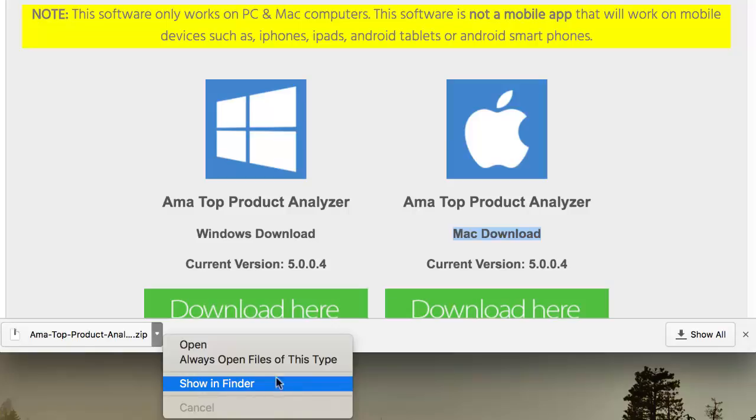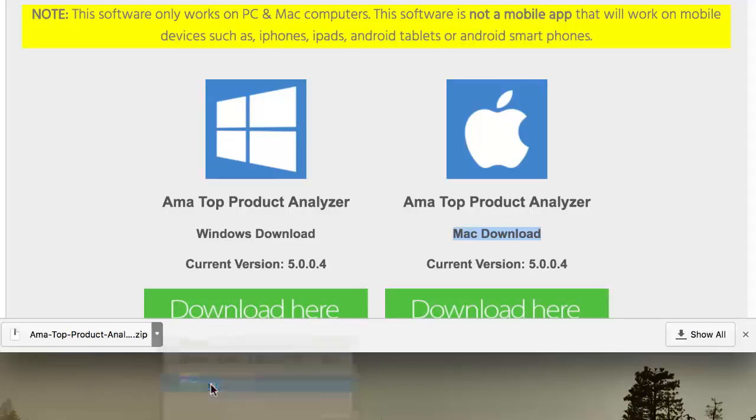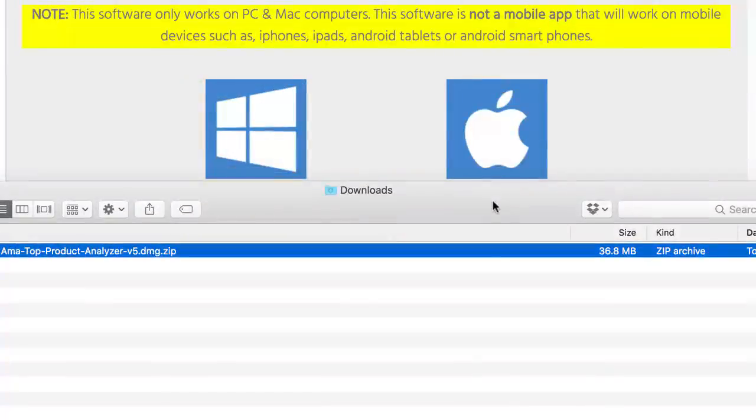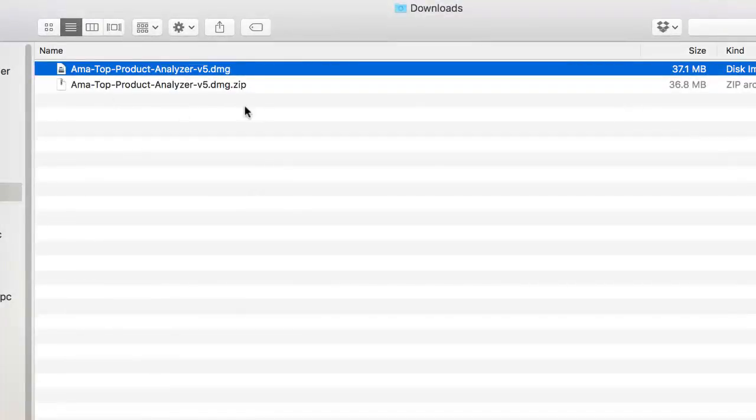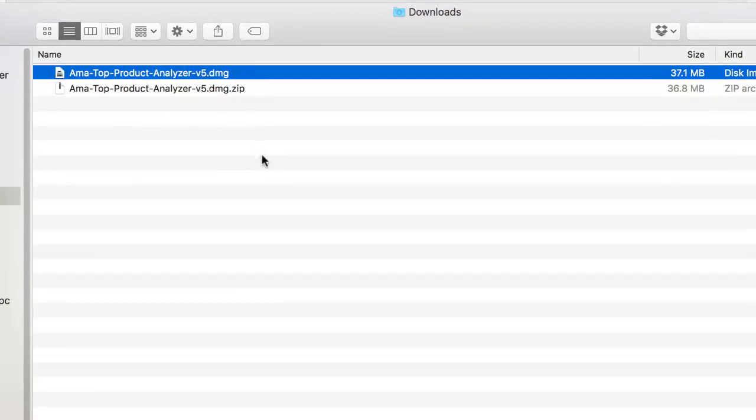Anyhow, I'm going to click on Show in Finder, and it will bring me to where I downloaded it. By default on my Mac, it brings you to the Downloads folder, and it's contained in a zip file. To extract the setup file, just double click. It will automatically extract it in the same location. Then you get what is called a DMG file, which is a disk image file. To install the software on your Mac, you double click it, and it will open up